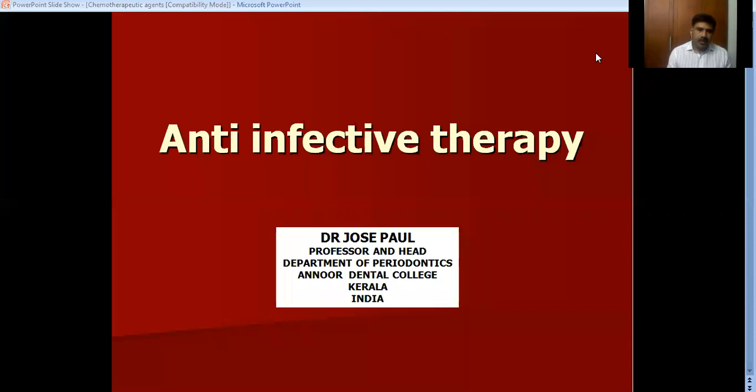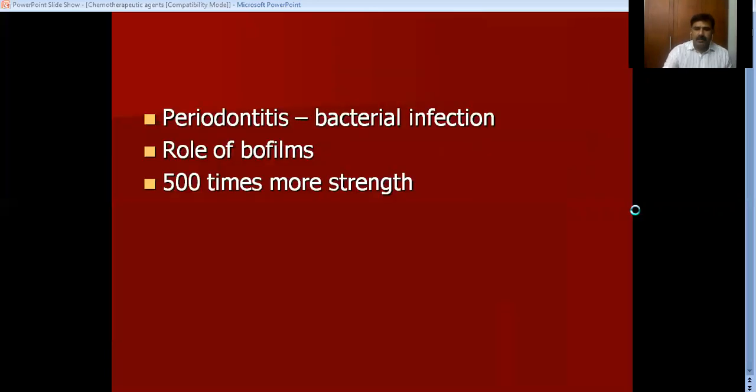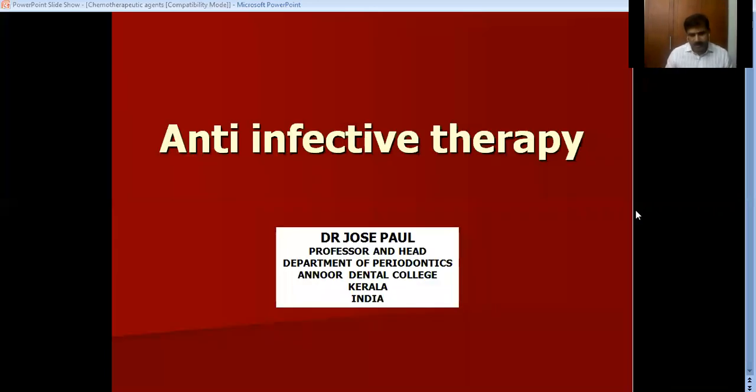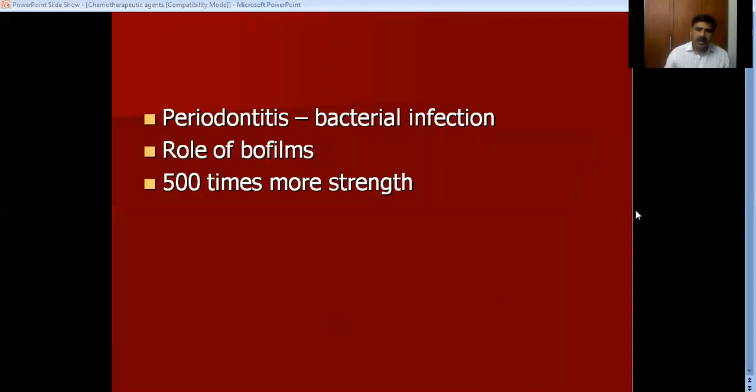Well, today we're going to discuss anti-infective therapy. Now, anti-infective therapy means we're going to use antibiotics, basically antimicrobials, in the management of periodontal infection. Now, what is the rationale of using antibiotics or antimicrobials in the management of periodontitis? Well,